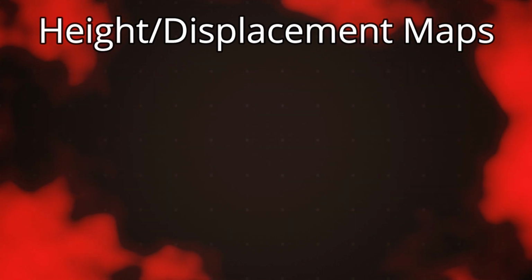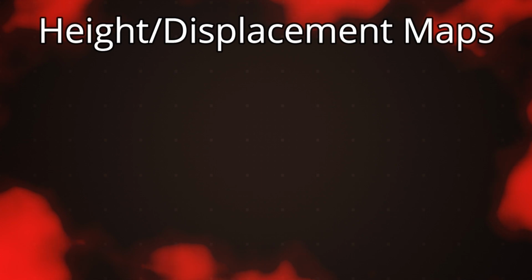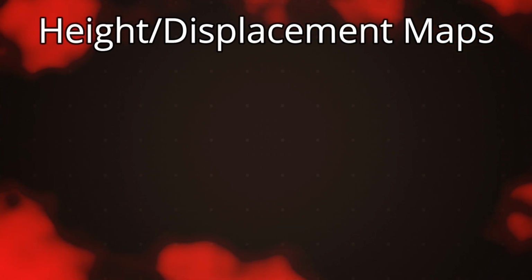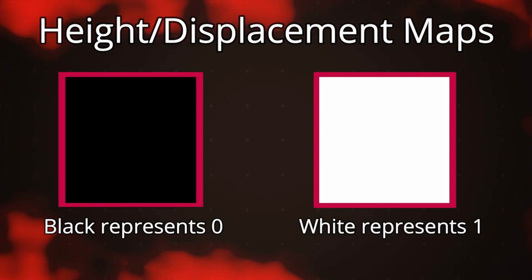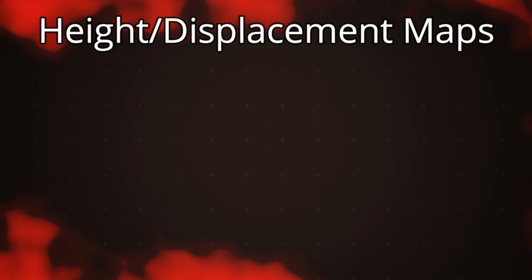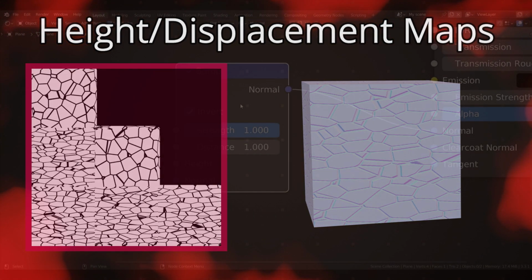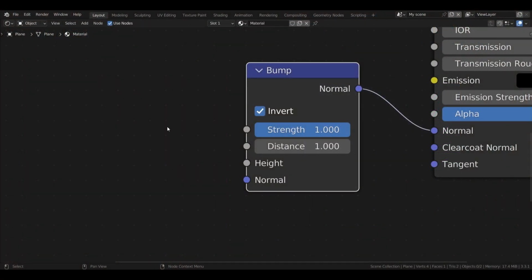As we covered in the maps tutorial, the shades between white and black will have a numeric value between 0 and 1. Completely black is 0 and completely white is 1. So this means for bump and displacement, the white areas will be protruding, whereas the areas that are black will be indentations. Coming back to our bump node here, we might want to add multiple bumps.